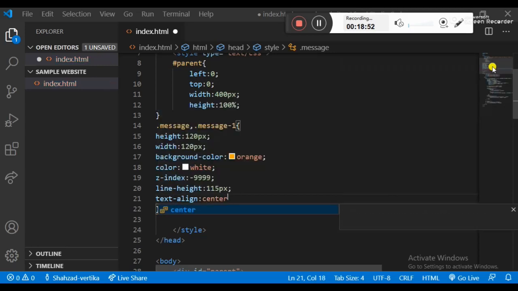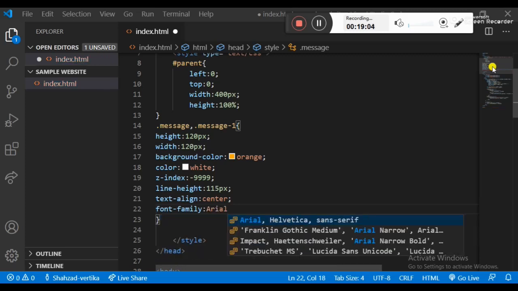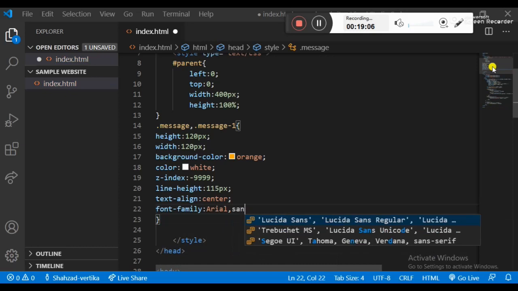and font family looks like Arial and sans-serif, looks like that.